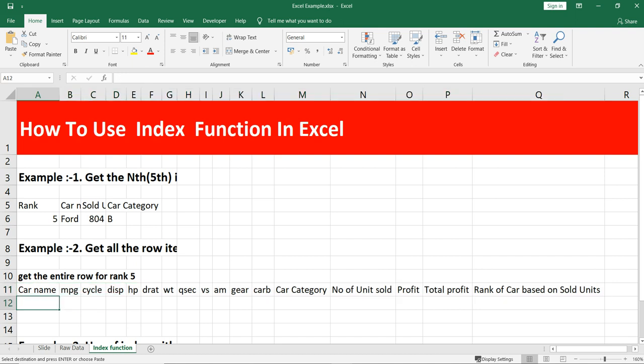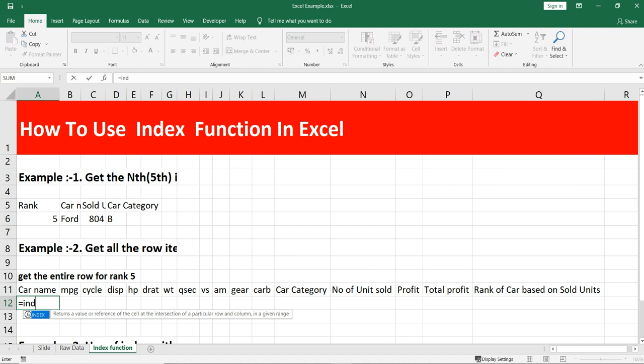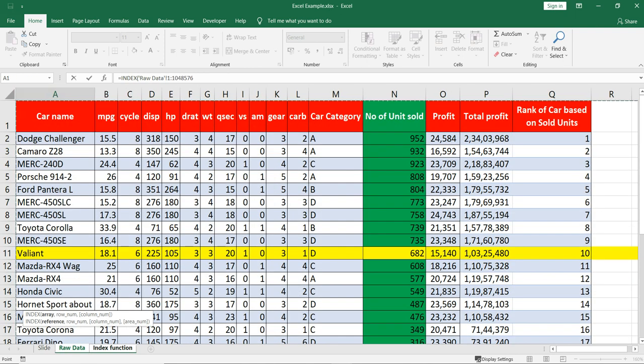Now the first thing that we need is the car name, based on our rank, which is 5. So we'll put the index function, and then we'll put the array, which is this entire sheet range, and then we'll lock this range. Then we will take the row number.